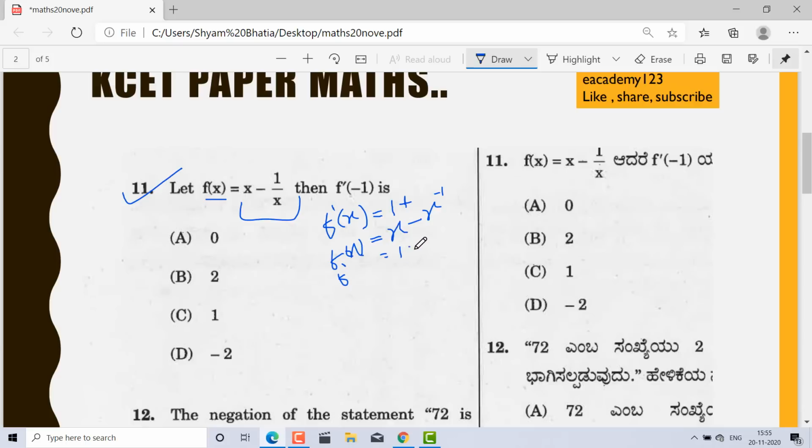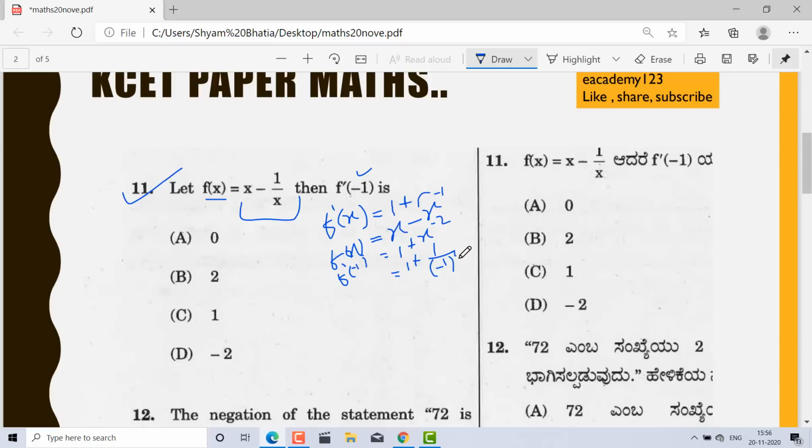This is the 1, and this minus comes here, and minus again plus, and x raised to the power again minus 2. Okay, minus 2. So what will I write here? Nothing but this is the 1, because I want to find out f minus 1 here, f minus 1. So nothing but 1, and you can also write 1 minus 1 upon minus 1 square.